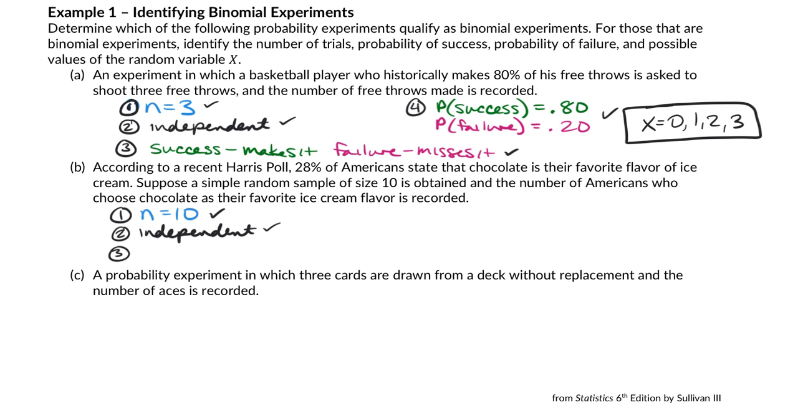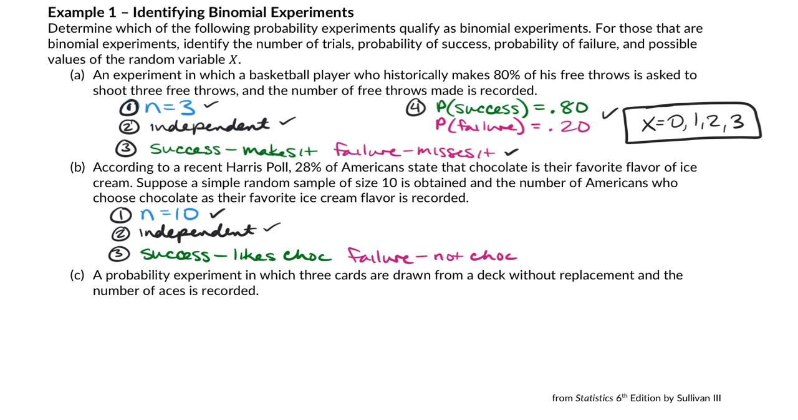Okay. Number 3, can we define what a success and a failure is? In this experiment, it would be a success if they like chocolate, or that's their favorite. So what would be considered the failure? Yeah, chocolate is not their favorite. If we can have a success and a failure, even though in my opinion, wrong, it's a success and a failure based on the experiment, then we're good